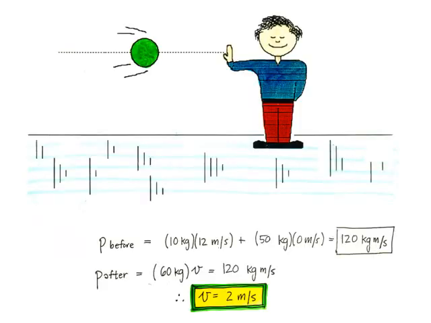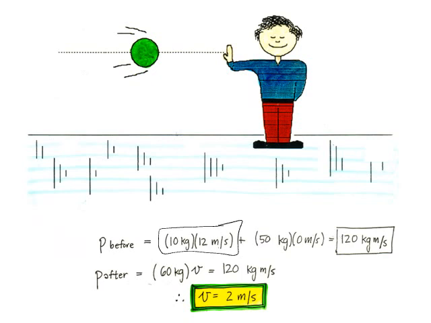Okay, now that you've had a chance to look at it again, hopefully you got the right answer. If you got an answer of 2.4, what you were doing was neglecting the fact that after Calculo catches the ball, he has 10 kilograms more mass than he did before he caught it. In other words, what we really have happening here is two objects that become one object after he catches the ball. So if we look at the momentum before, it was a 10-kilogram ball moving at 12 meters per